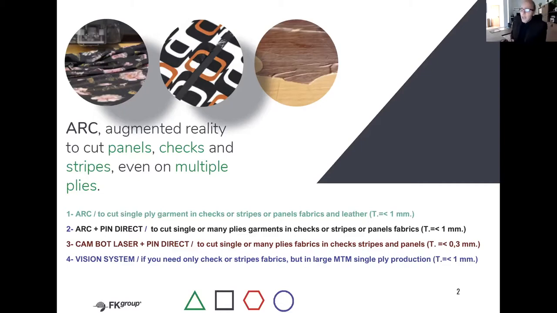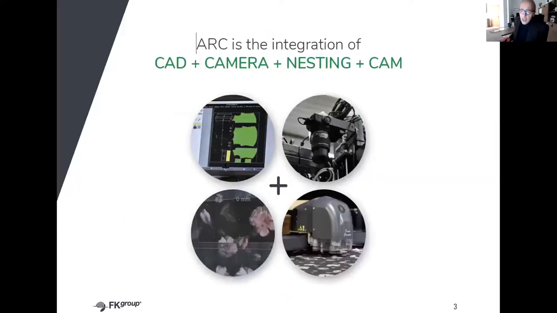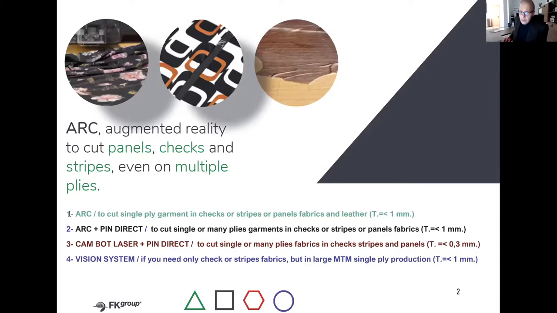Later, any kinds of fabric, any kinds of leather that is not possible to treat as solid, it's available to be treated with this kind of technology. Point one: a simple solution to cut single ply garment in checks or stripes or panel fabrics and leather.